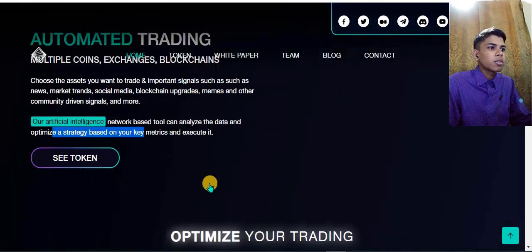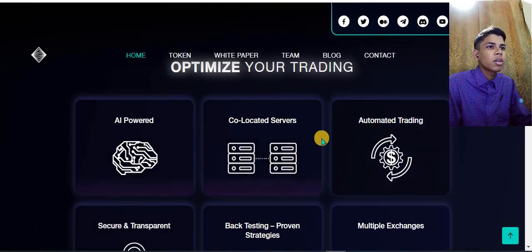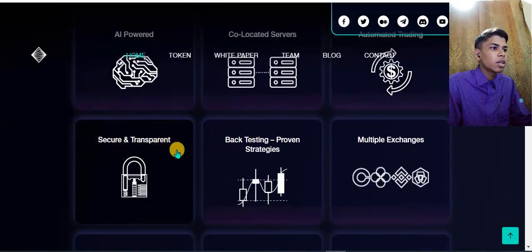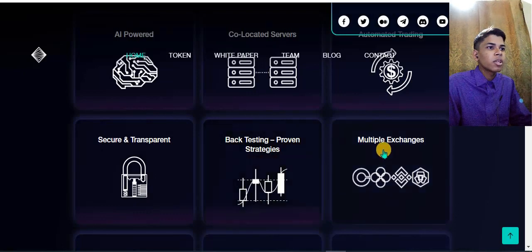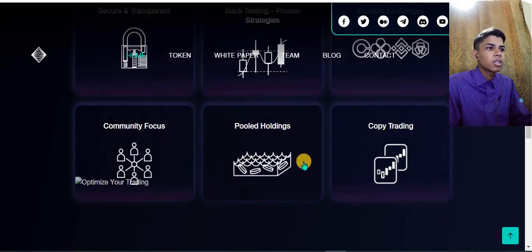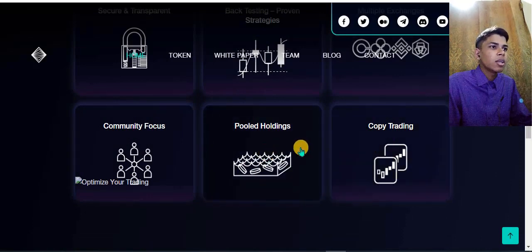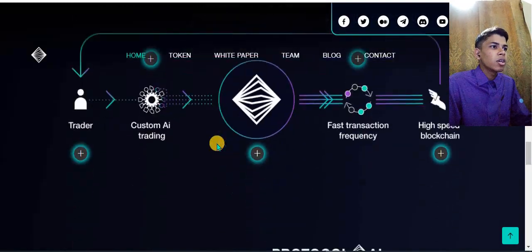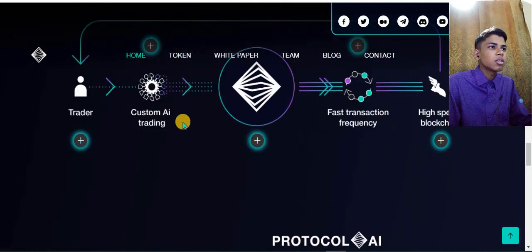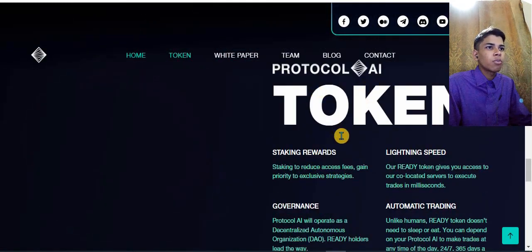So I am back and scroll down and see again, and this is all powered by co-located servers, automated trading and secure and transparent backtesting, proven strategies and multiple access. So all about crypto trading, this is the crypto trading market site, pooled holdings and community focus. So I scroll down and see this graph chart, this token and about the token Protocol All token